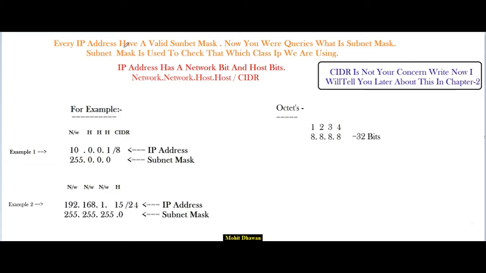So this we will talk on subnet mask later, but now we are studying IP. An IP address is nothing but a collection of network bits and host bits. Network bits and host bits collectively make an IP, like this: